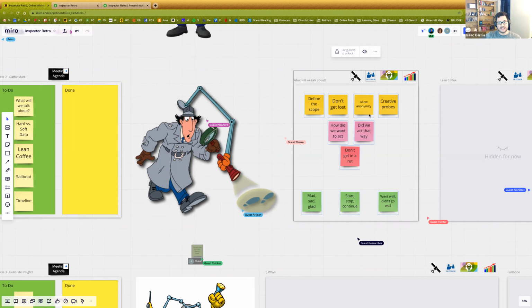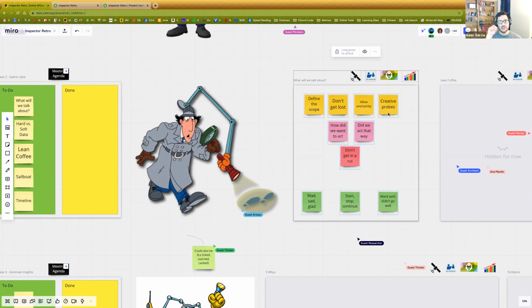You want to discover these things in a retro, in a safer place. So allow anonymity, allow people to be themselves, because if there's a problem lurking under the surface, you want them to feel comfortable enough to share it so that you as a team can address it. You're not trying to trap people, you're trying to help people. And if they're so upset that they're cursing or doing something not professional for the team, you want to find out and address it as early and as safely as possible.